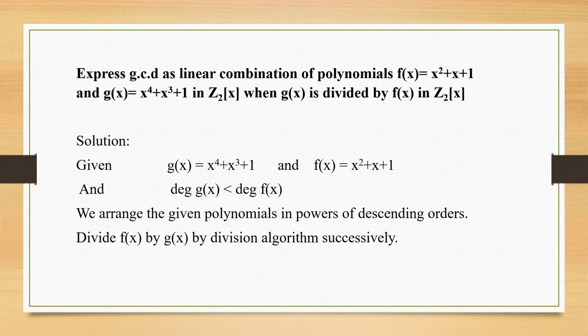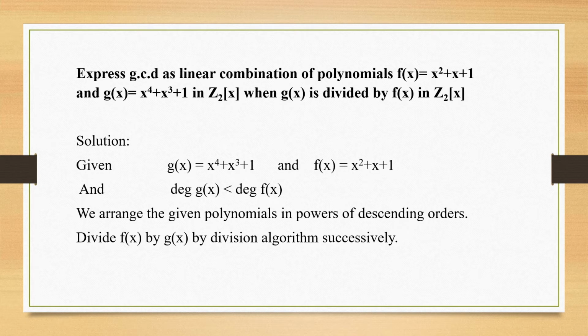So now g of x is going to be divided by f of x. We have fixed it because g of x has a greater degree, right? Clear. Most importantly, the polynomials have to be arranged in the powers of descending order. That is also very important. So you see to it that the polynomials you are going to divide, either your divisor or your dividend, are arranged in perfect descending order. Now everything is perfect for us.